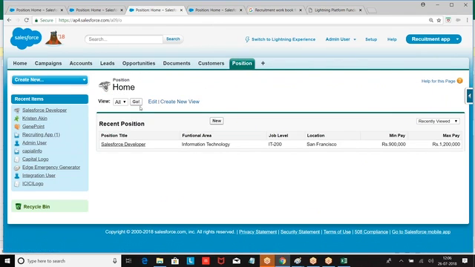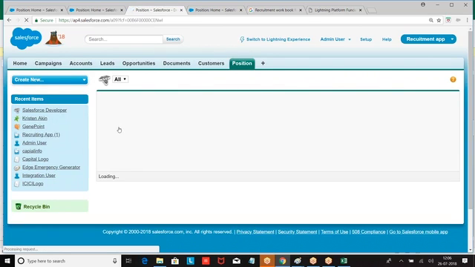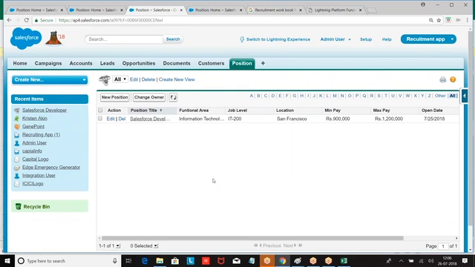Now, list view page. Here we will be finding view all. Click on go. This is called list view page. On the list view page, what data should be displayed? Click on edit, select the fields. I hope you got my point. So what are the pages we have seen? Page layout, search layout, tab, then edit page, detail page, home page, list view page. Are you clear about this?